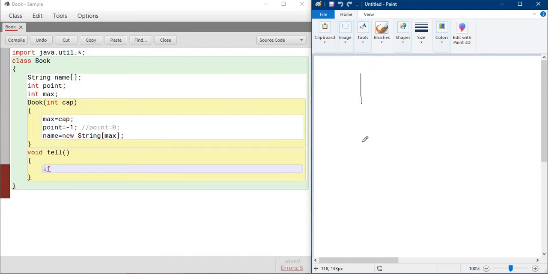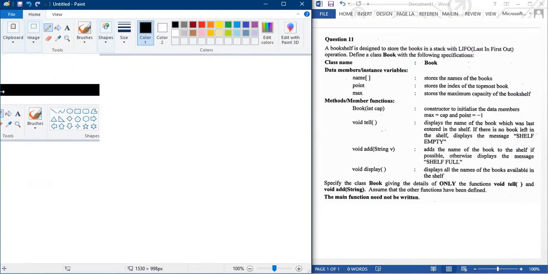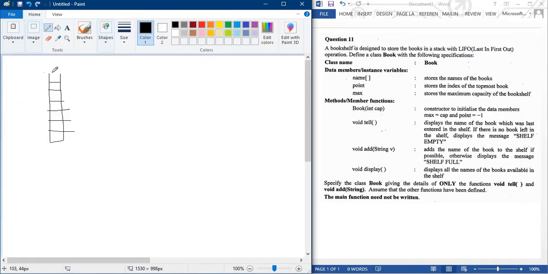Now you can see this is a stack. The stack has several boxes with names: suppose content, variable, different types of variable, India then India, float then float, cat then cat. Now how will it work? This is our topmost, which means max.